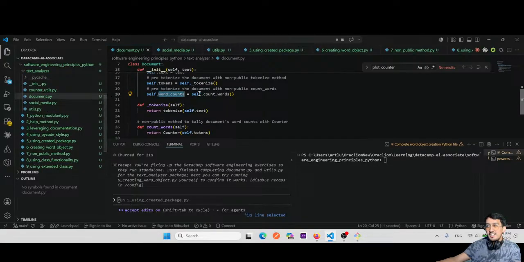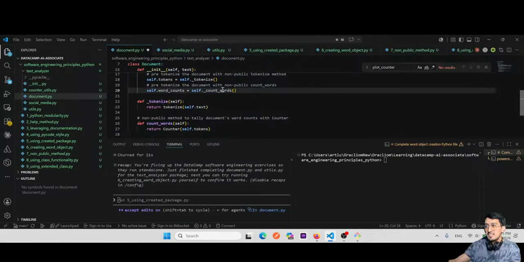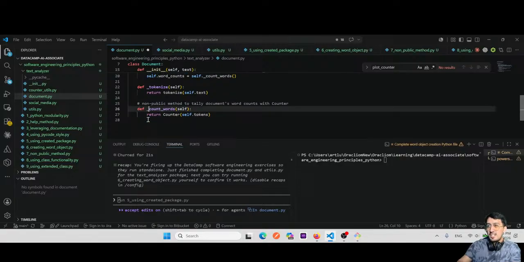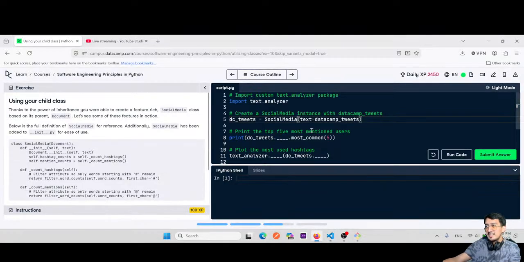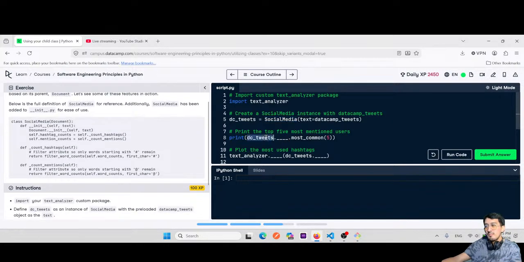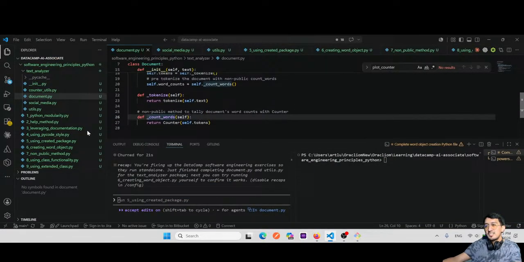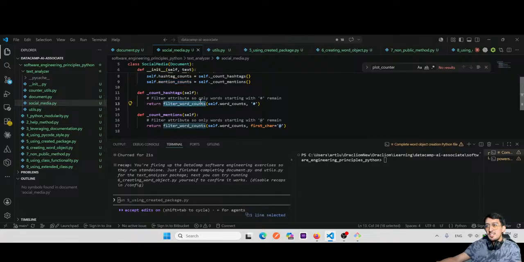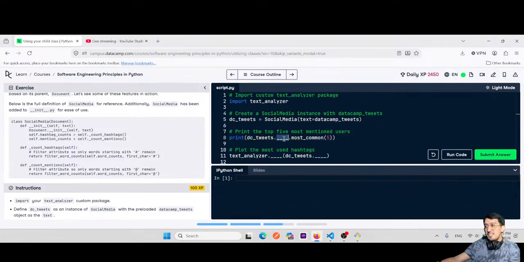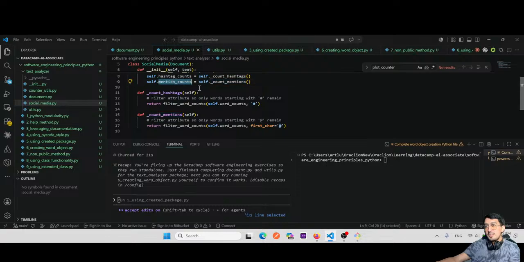So basically, okay, I'm going to make this private and auto-executed when created. So basically when I do this, and then this is tweets, and then from the social media it's going to filter this. So it's still going to return me the counters, but in this case it's going to be called dc_tweets. So it's going to be mention counts,